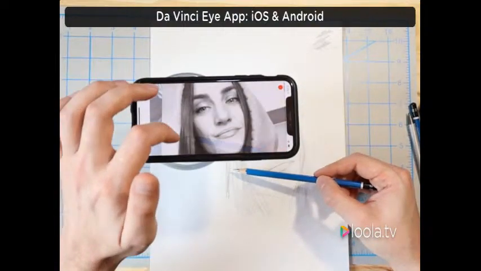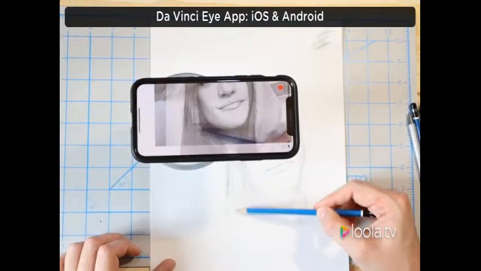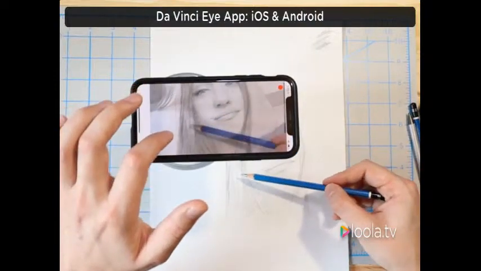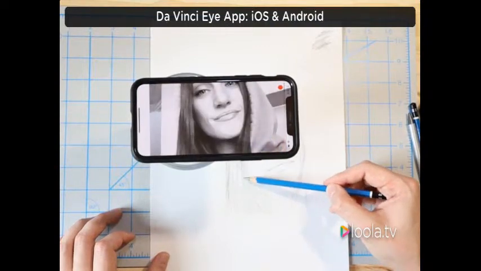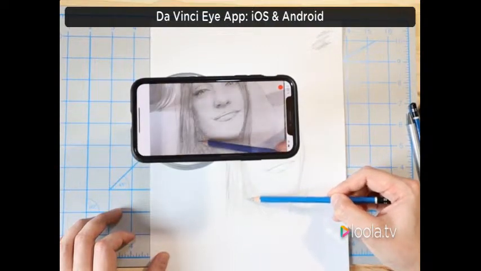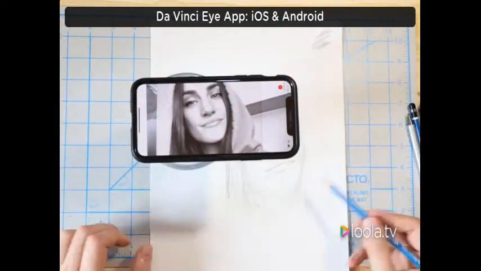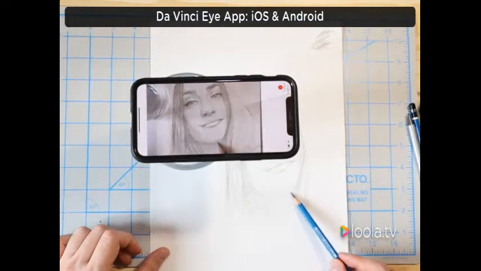Using the side of the pencil more. And also, if you wanted to now,